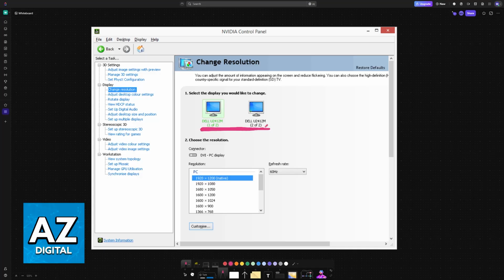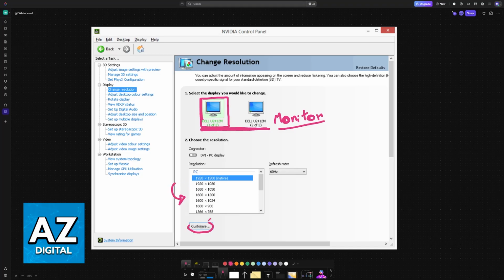First, choose the specific monitor that you want to change the resolution for. It is important to choose the specific one that you will be using, or repeat the process with both monitors or multiple ones, because usually when you create a custom resolution, it is only going to be applied to one of them. So once you have it selected and you see this outline, now you can begin creating the custom resolution. You will see the preset ones here.